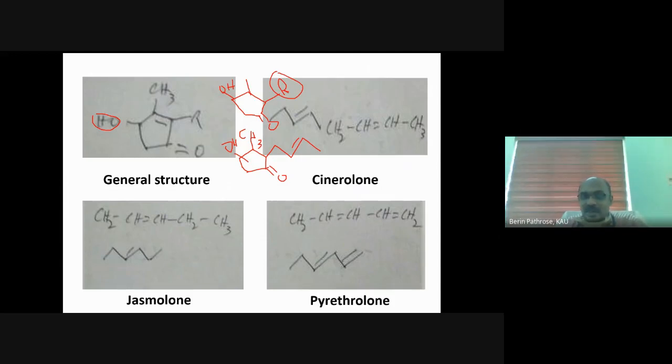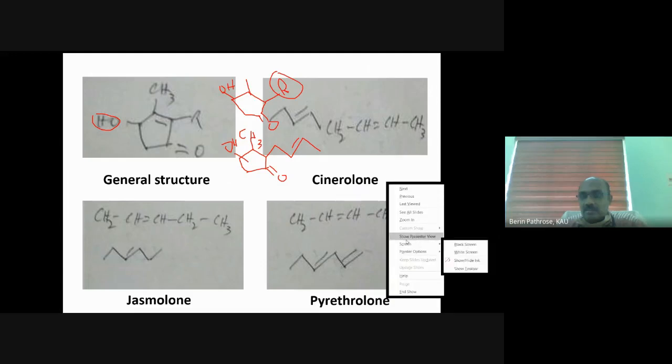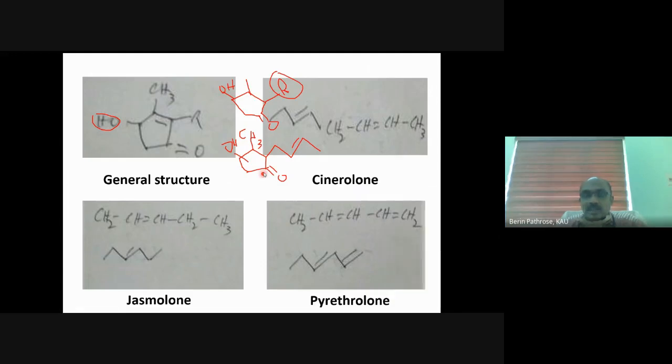See, this is the basic structure, and here I earlier depicted R. That means the side chain can vary. So this side chain can be CH2. I will change it. See here, this is CH2. If you draw it like this, it is CH2, and this will be CH. Because remember,